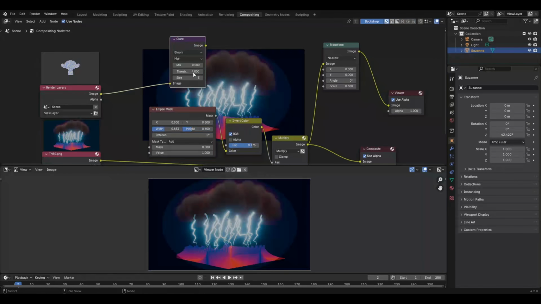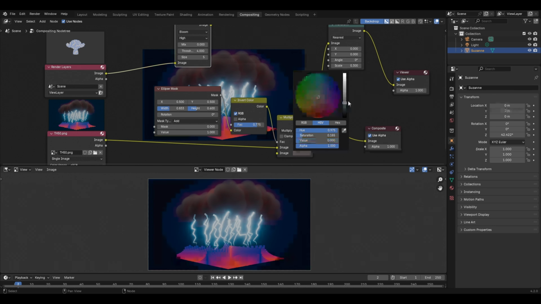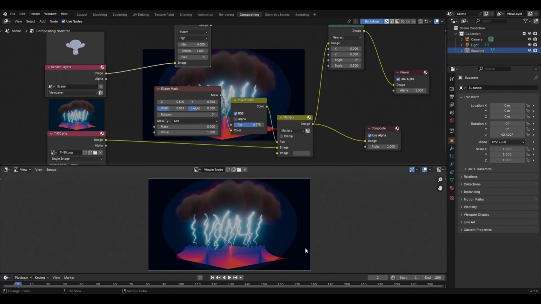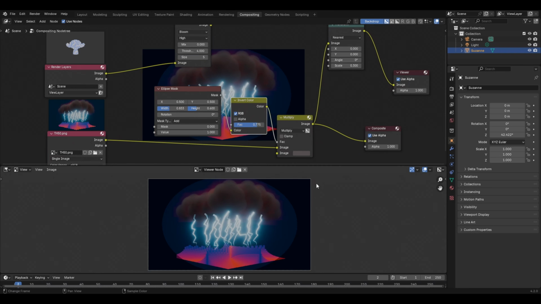Now first of all, I have this ellipse mask node which we use to create this mask in the form of an ellipse. Then we use the multiply node in order to create a multiply effect on this original image. Then in the option of adding the second image, we use the gray color for creating this simple vignette effect around the image. However, when we directly connected the ellipse mask to the factor in the multiply node, this multiply effect was being applied to the inner region, and to invert this effect on the outer region, we have to use the invert color node.